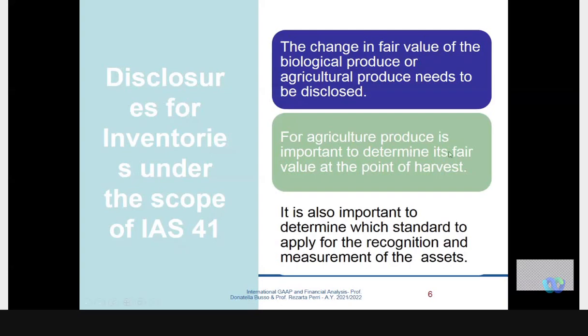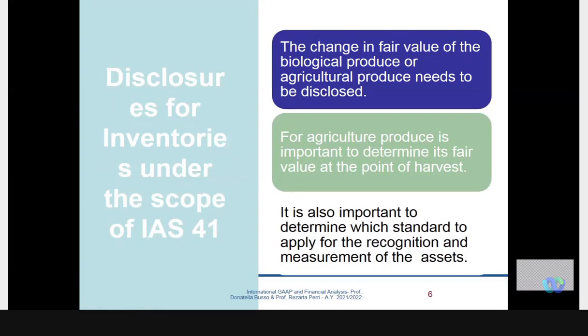For agricultural produce, it's important to determine the fair value at the point of harvest. Again, there is a special standard that guides us in determining the fair value. There are several methods for finding out what the fair value is. What the standard here says is that we will be based on the fair value itself. Also, it is important to determine which standard to apply for the recognition and measurement of the assets. Usually the assets of the agricultural companies are machinery, plants, and equipment, so the other standards apply to the measurement and